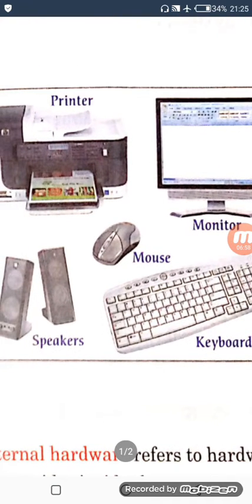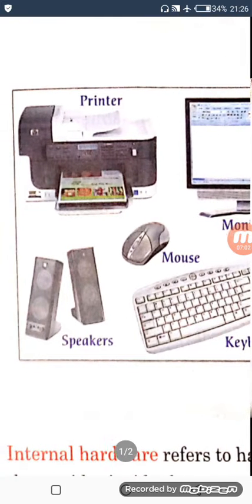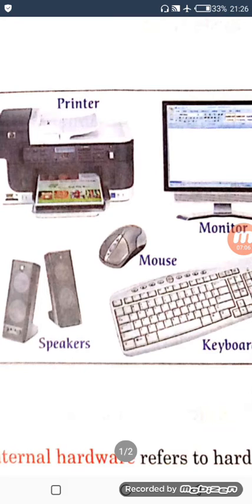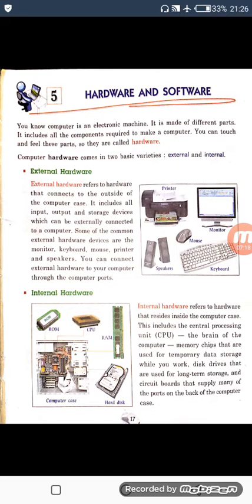We can connect them directly with our computer by using a USB cable and connect it to the ports present at the back of the cabinet or CPU box, or we can call it computer case.